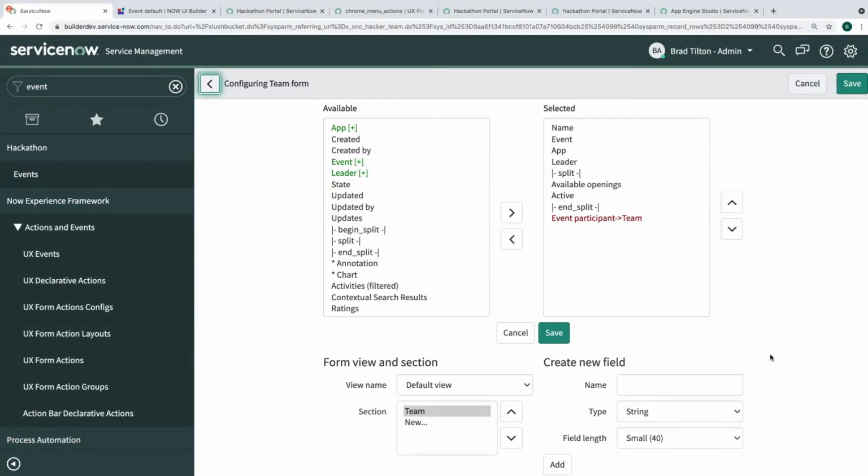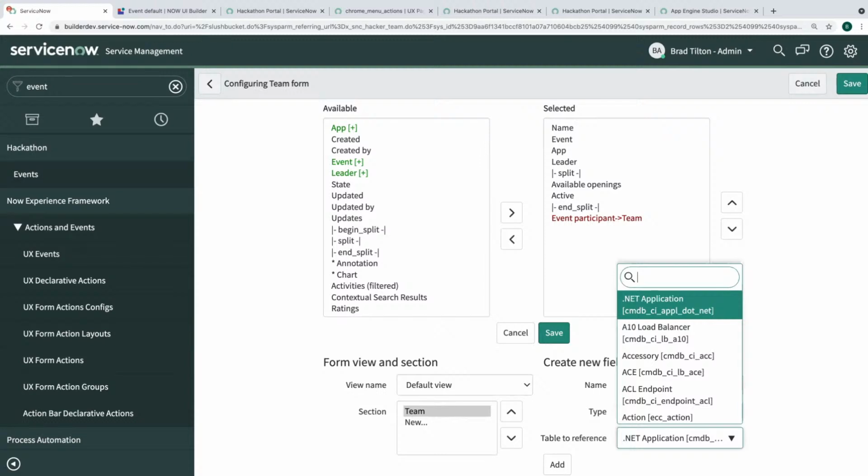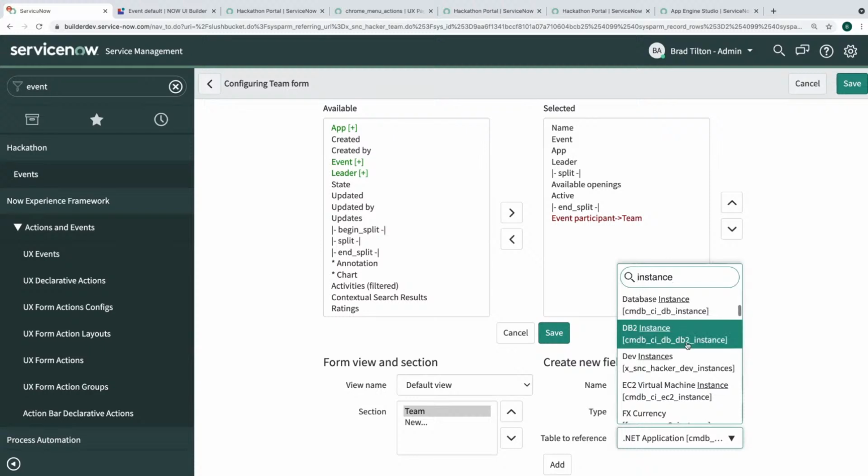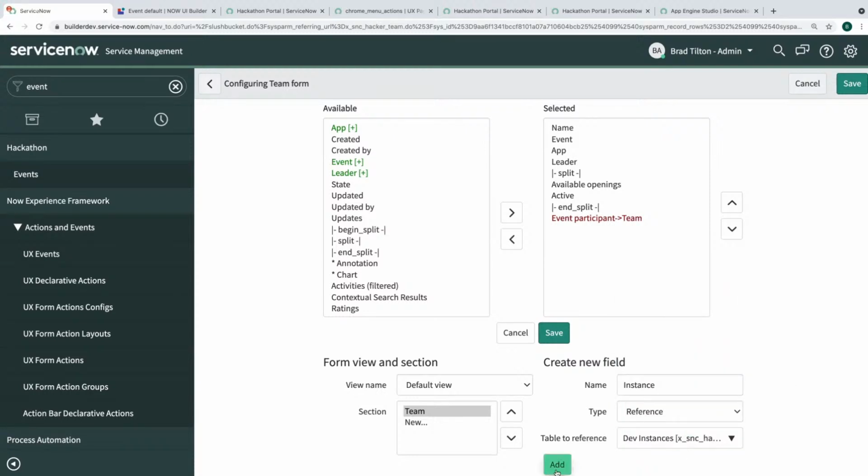It should, but did we decide to M2M it? That doesn't seem like that would make sense. No, that doesn't sound right. I'm adding an instance field, except we're not going to do it in all caps. Dev instances. Yeah, it looks like we just haven't added that yet.